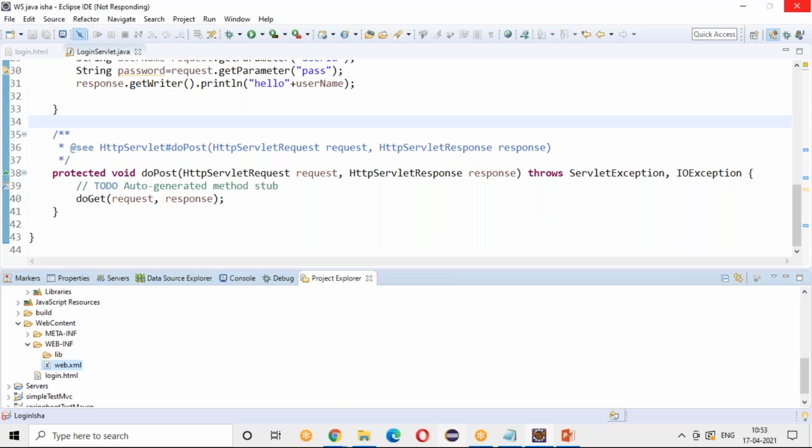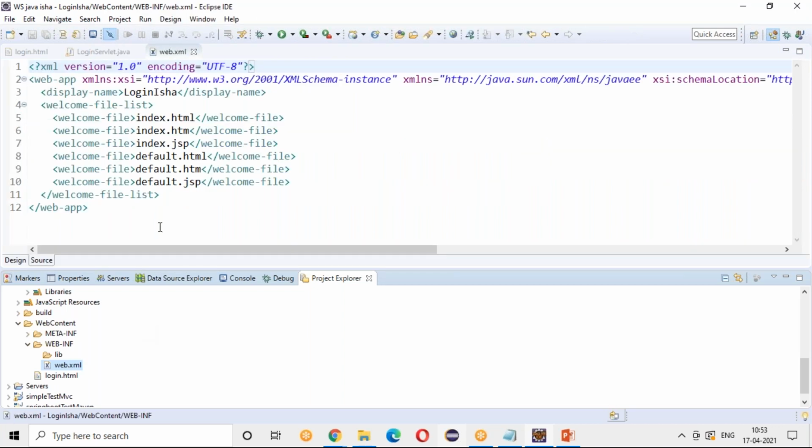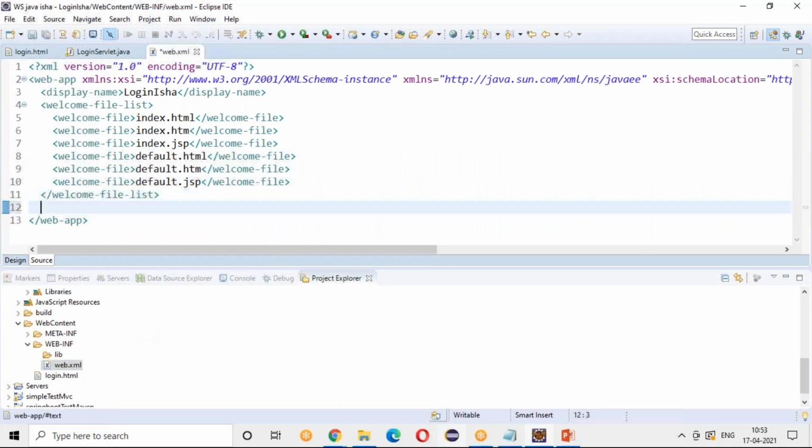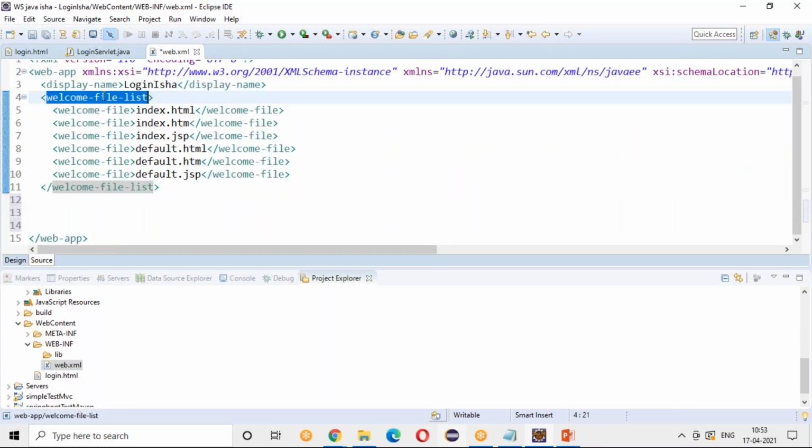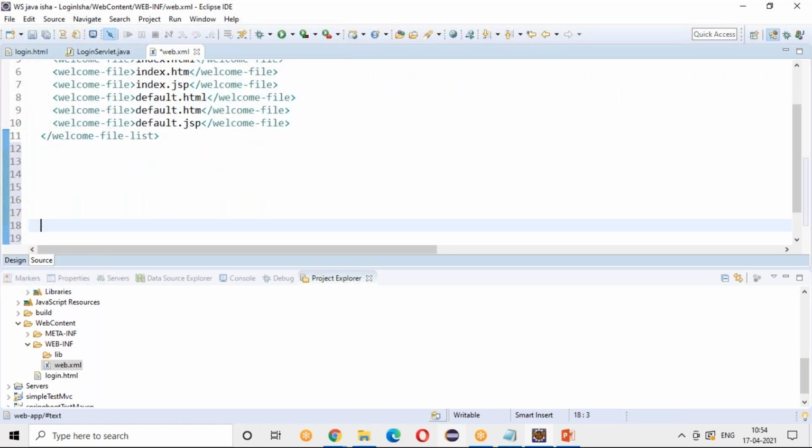Please stop me when you are not clear on some part. So here you see this web.xml code, the language also looks similar to your HTML. In HTML also, whatever tag you open, you close in the same format. You open some welcome file list and you close that welcome file list, right? So I need to write two tags over here. One is your servlet tag and the other is your servlet mapping tag.